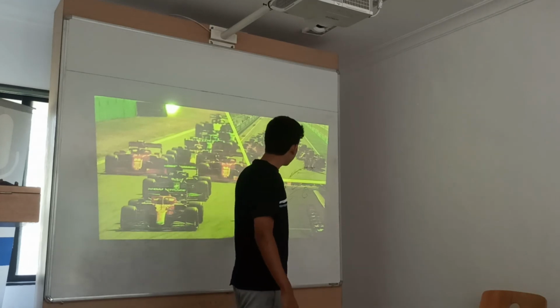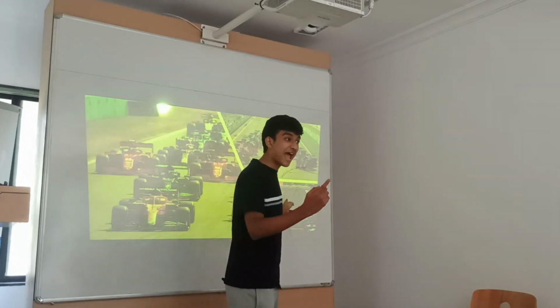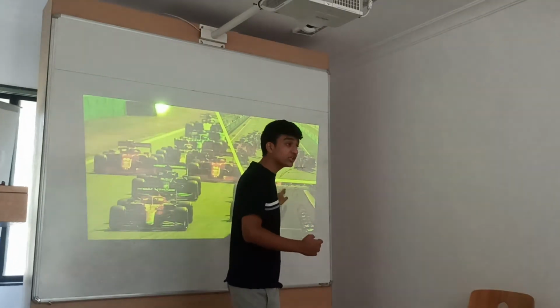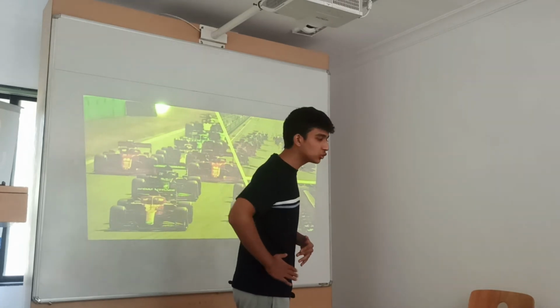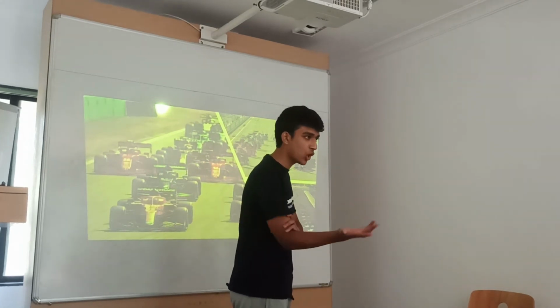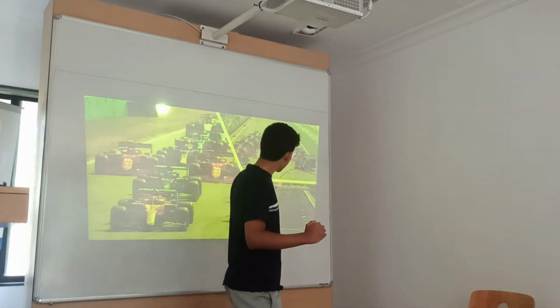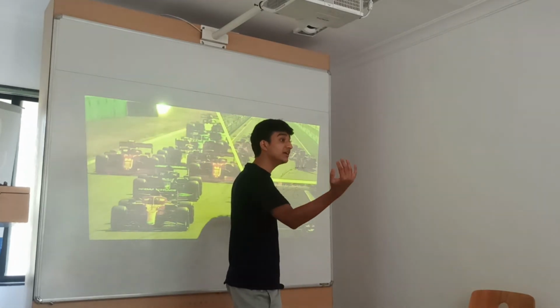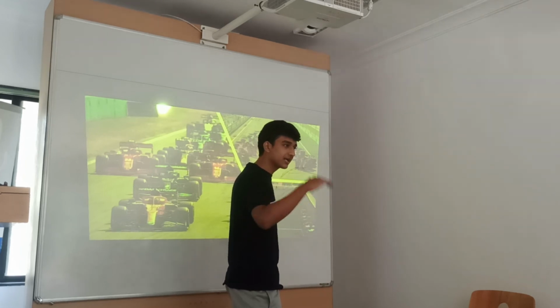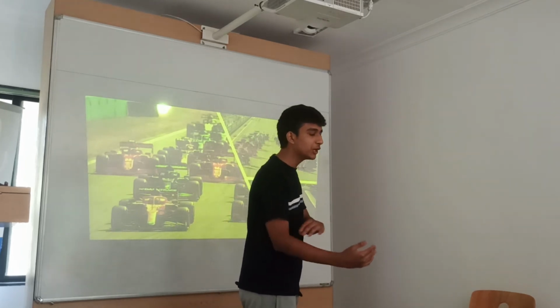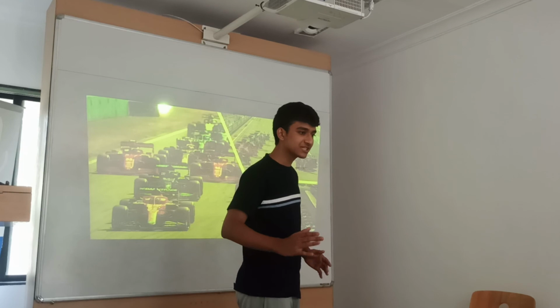If that wing is open inside the corner, drag will be less. Now let me tell you, at the corner they need to slow down. They cannot take the corner at too high a speed. They will crash and they will miss the corner. So if that wing is open, the downforce is decreasing. So it has to close before the corner to increase the drag. If the drag decreases, it will not slow down in time. And it will cause a misbalance in the rear of the car, which can spin out.